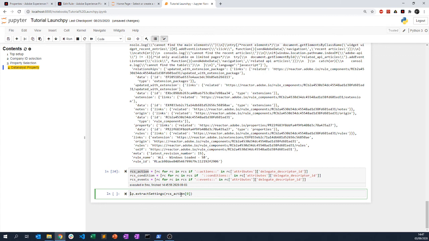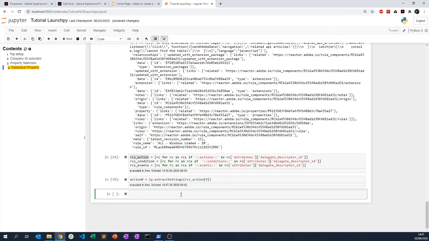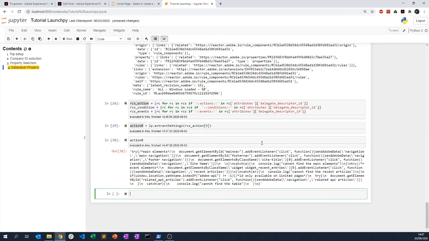So you can see action 0. So let's call it action 0. And now let's look at action 0. And you can see this is the code directly of my action, my first action. And you see everything that I have, actually code in JavaScript. So from there,